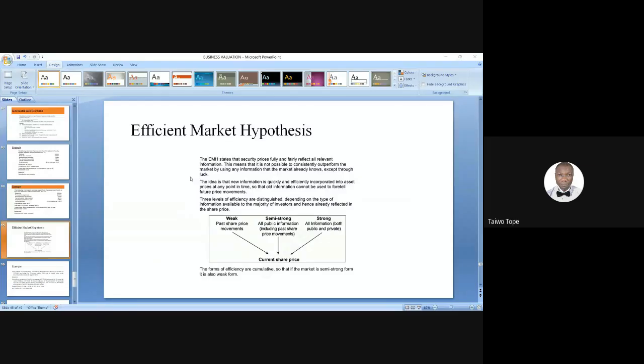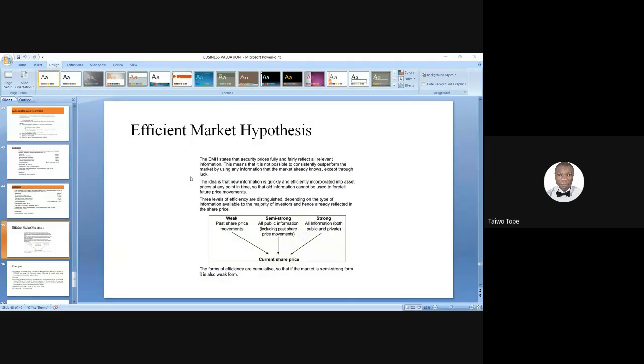So price changes because of new information. No new information is, by definition, independent of the last piece of new information. Talking about the efficient market hypothesis, all of this is about information, the availability of information. And when there is availability of information and the information is not in a consistent pattern, it is a weak form of efficiency.